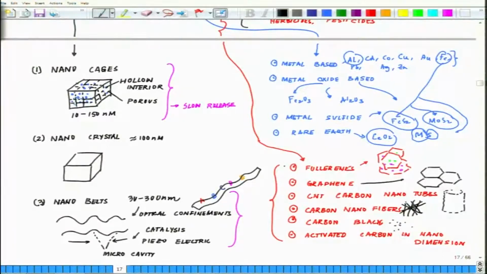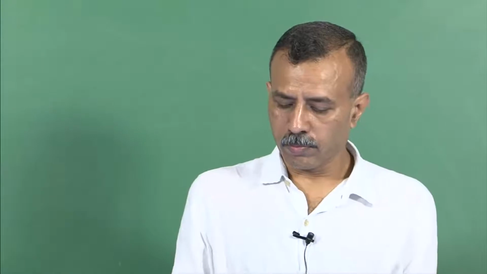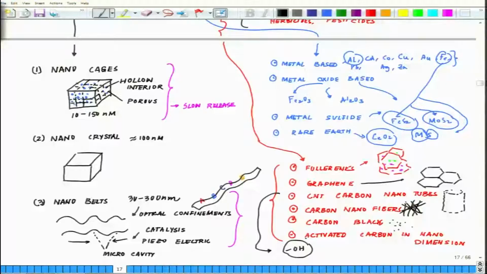Now most of these carbons could be further functionalized, for example with OH groups, to increase their interaction with water. Their hydrophilicity could be modulated by functionalizing them with OH, and they could be derivatized as nitrogen doped. There are different techniques which have been developed for deriving them through nitrogen doping,